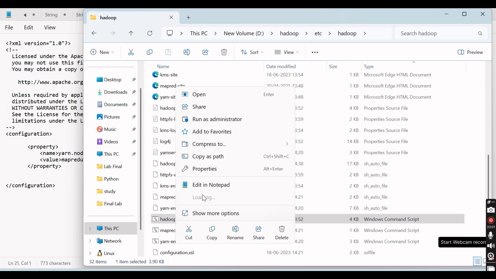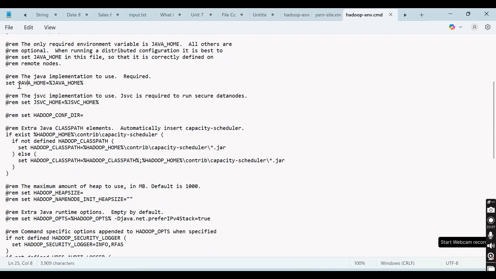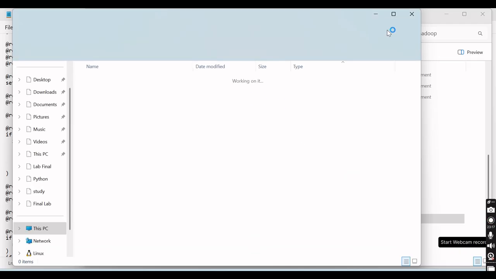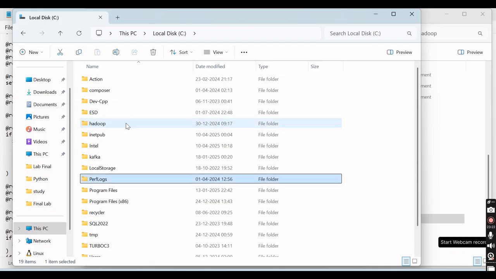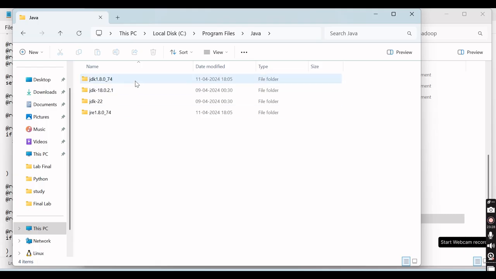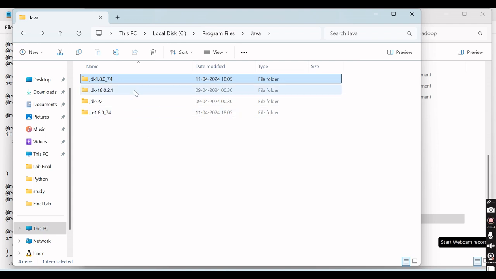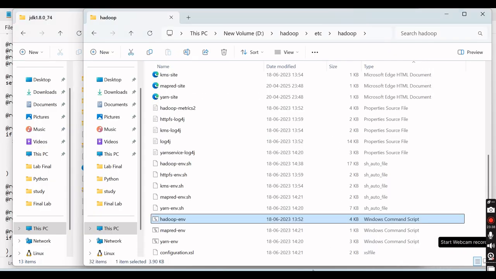So right click, edit it in Notepad, and come here. There is a Java path. The Java home path is there, right? So just remove it and go to the Java path. Let me do one thing. Control N, which is located in Program Files, Java, JDK 1.7. Let me check it. Yeah, this one. And just copy this path